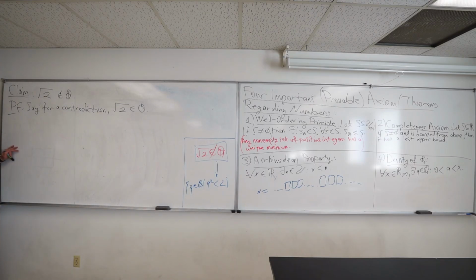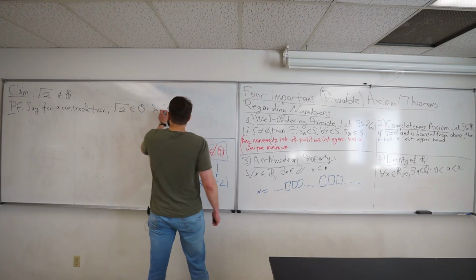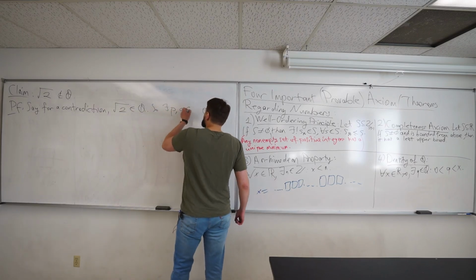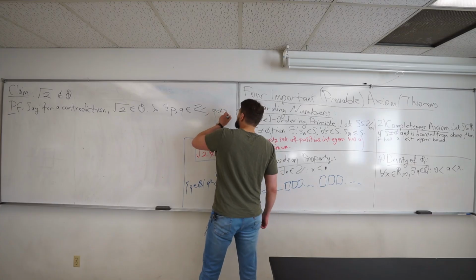Well, by definition, that means that root 2 can be written as p over q for two integers p and q, where q is non-zero, because otherwise it doesn't make sense. So there are p and q in Z, q not equal to 0,